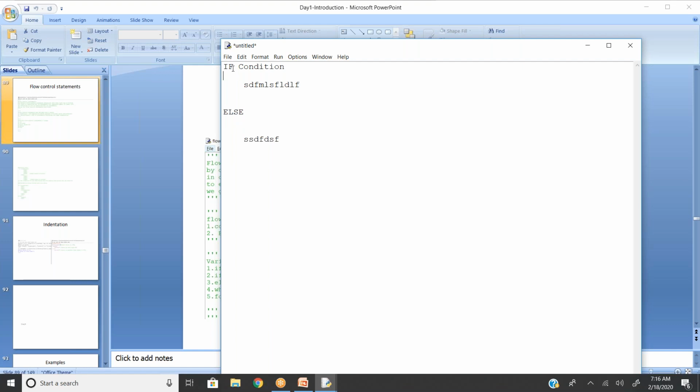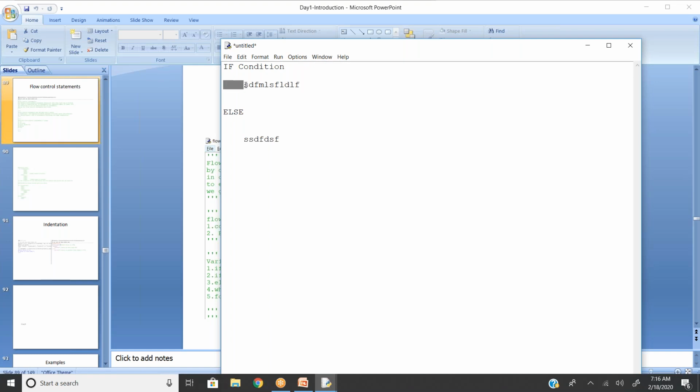The structure is more or less the same, but the space you give for a block and a condition is what we call indentation. Generally, we give four spaces to separate the main block from the sub block. If the condition is true, then perform this block.